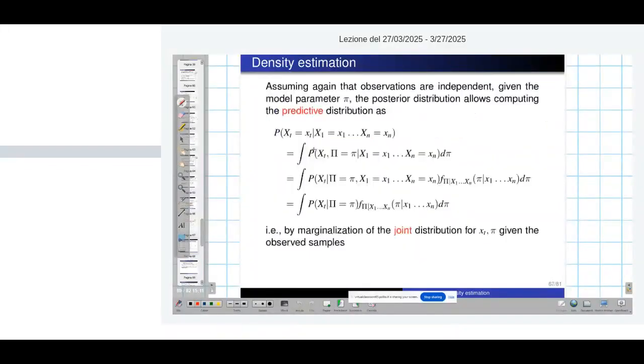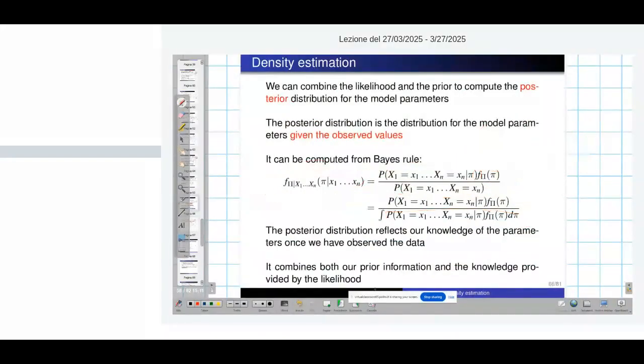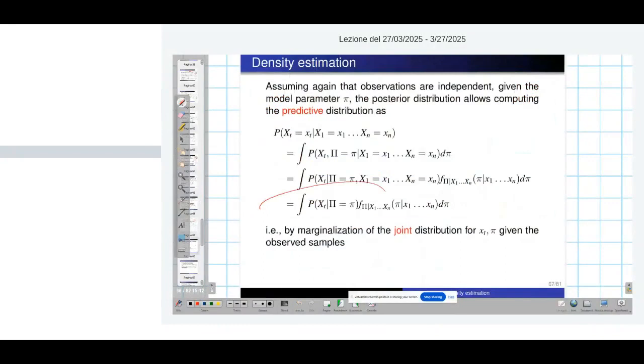typically computing this expression is difficult because of this integral. So the integral at the denominator of this expression is difficult to compute. So writing an expression for the posterior distribution in a general case is something that is unfeasible. We can do it in very special cases, but solving the integrals that are involved here in the marginalization and here when I build the predicted distribution, so when I average the models over the possible models, these integrals may